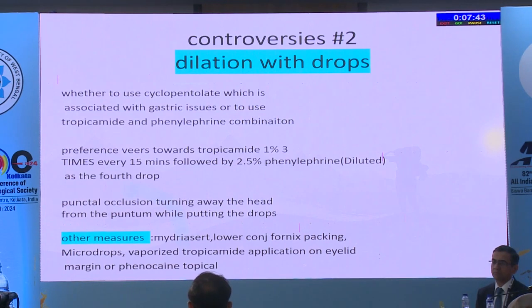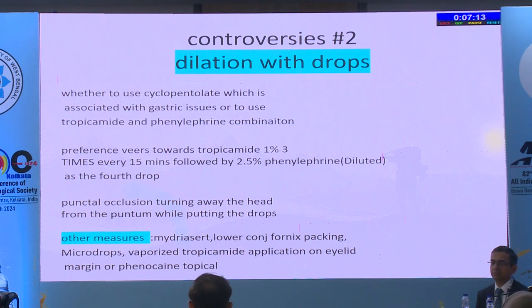Now, the second controversy is about the dilatation. Dr. Gopal has already told you that the best combination is phenylephrine with tropicamide, and I'm not going to go further into that. As he also mentioned, the microdropper is a good idea. When you put the drops, you can do punctal occlusion, and you can turn the head of the patient away while putting the drops from the site of the opening of